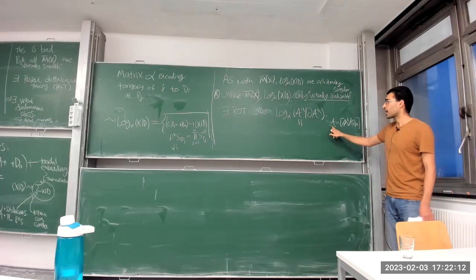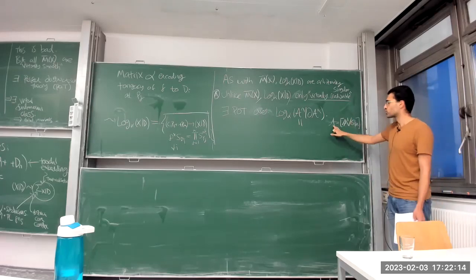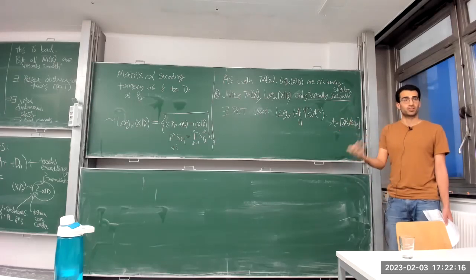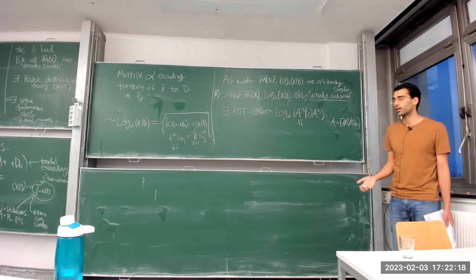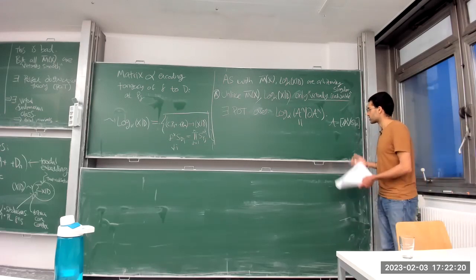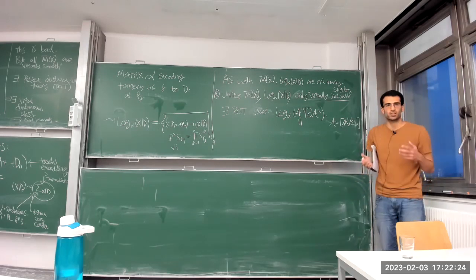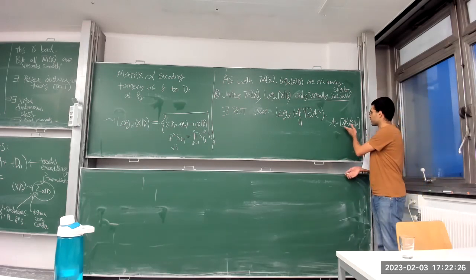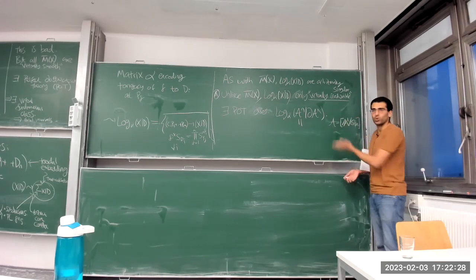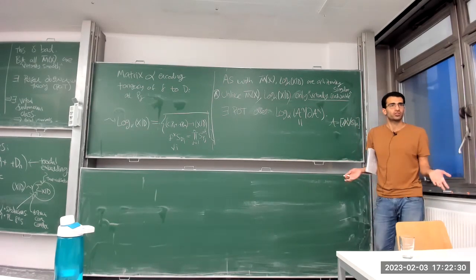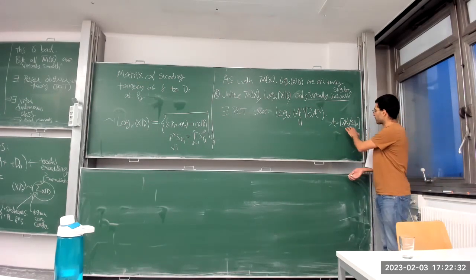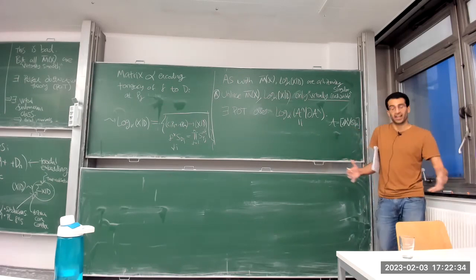A map to A from any scheme is just the data of a line bundle on that scheme and a section of that line bundle. In some sense, this follows formally from the definition of a quotient stack, but it also just makes sense if you think about it, because giving a map to A1 is just giving a function on your scheme. If I have a section of a line bundle, then locally that is a function,